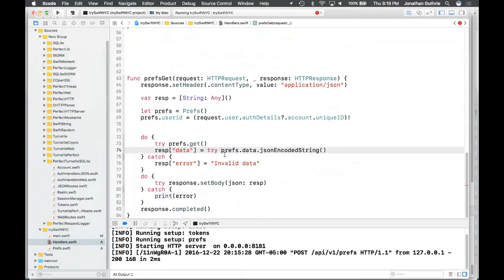When it's stored in the SQLite, isn't it already a string? Yes, but we brought it into the object and into our prefs object and actually saved it and stored it as an object. So yes, there is a little bit of overhead and a little bit of redundancy there, but could you work your way around that? Yes, absolutely. So it actually is being stored as an object, yes, internally. Oh, okay, interesting. So it's being stored internally as an object. It's being stored as JSON, and out the other side as JSON.